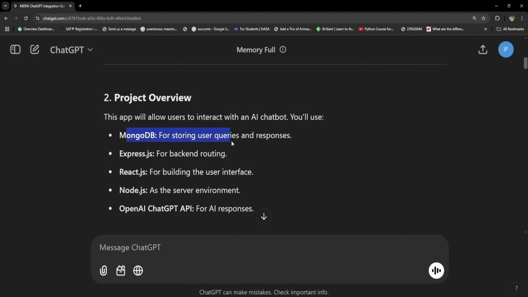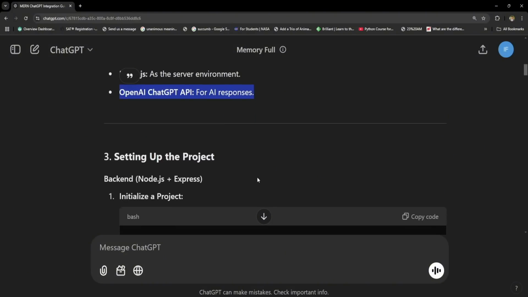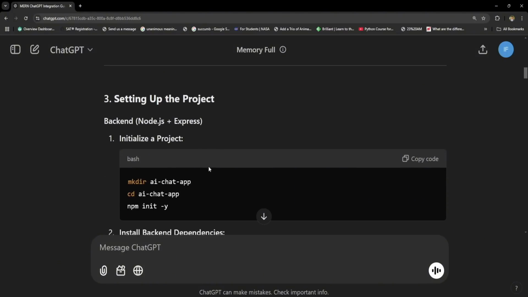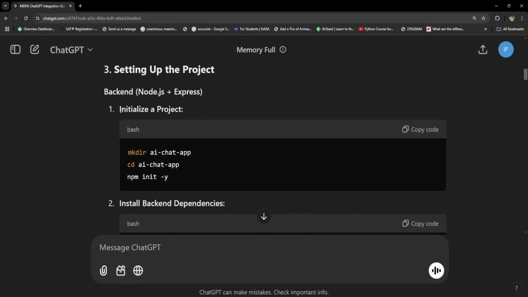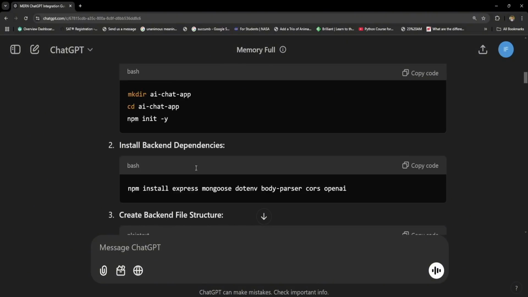The project overview will include MongoDB for storing user queries and responses, Express.js for back-end routing, React.js for building the user interface, Node.js as a server environment, along with the OpenAI ChatGPT API for the AI responses. Setting up the project, what we're basically going to do is initialize our backend. So we're going to create a Node.js and Express application